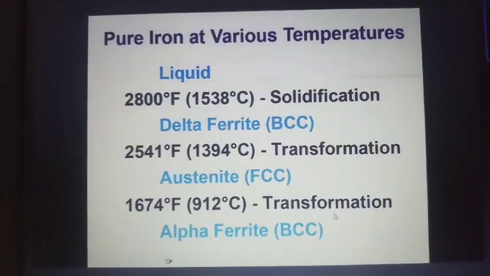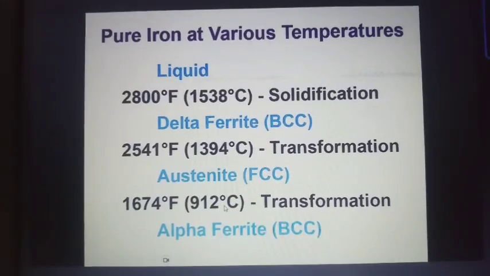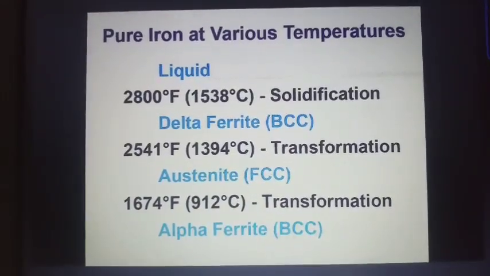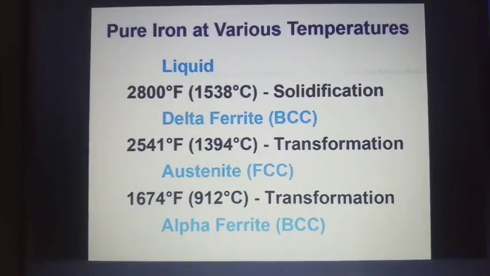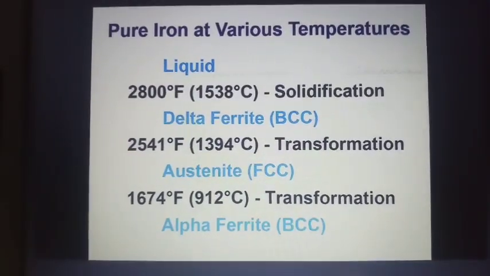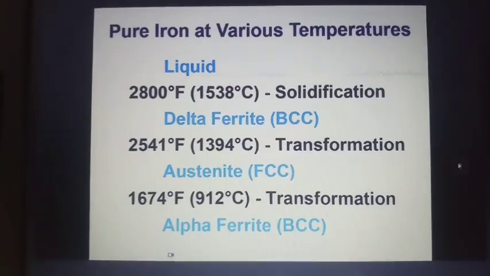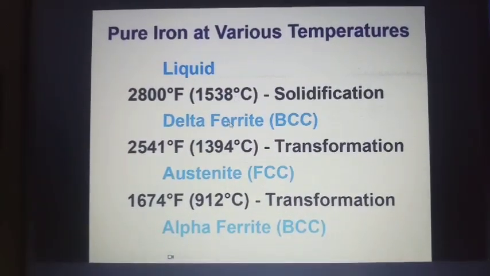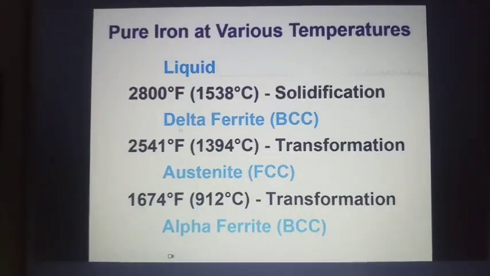Okay. Now, pure iron at various temperatures, you can see how when we melt the iron, and then when it comes to room temperature, what are all the transformations it takes? This is called allotropy of iron. Allotropy means iron exists in a different form at different temperatures. Okay. So it is liquid at 1540, and then at 1400 roughly, it is again BCC, which is called